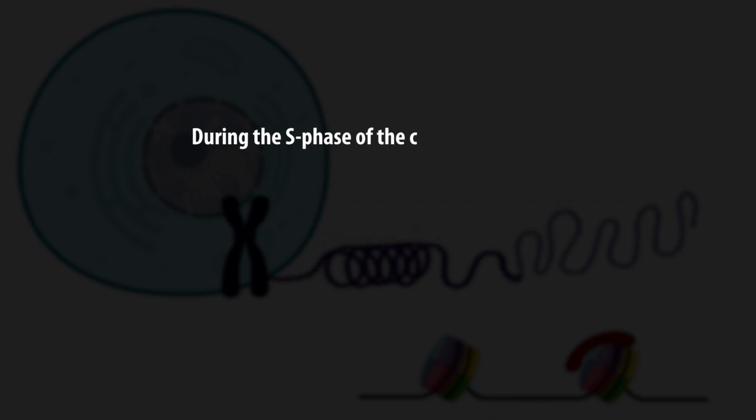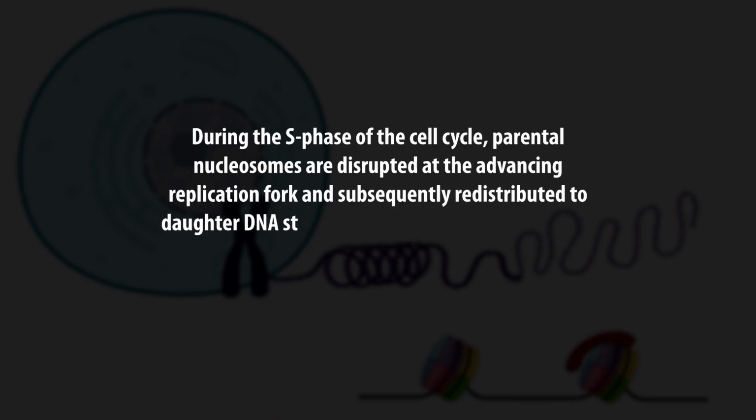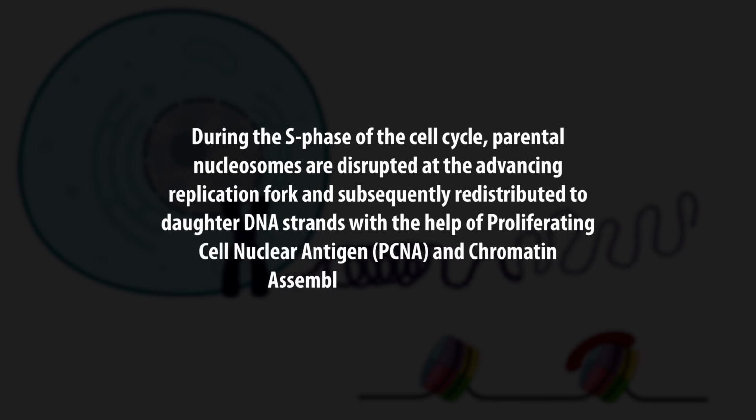During the S phase of the cell cycle, parental nucleosomes are disrupted at the advancing replication fork and subsequently redistributed to daughter DNA strands with the help of proliferating cell nuclear antigen, or the PCNA, and chromatin assembly factor 1, or